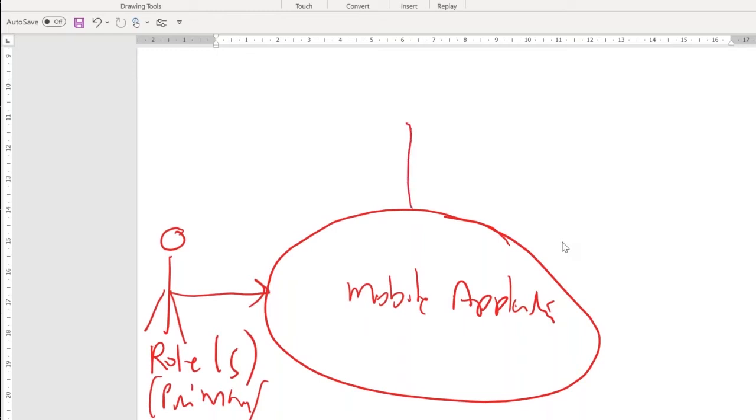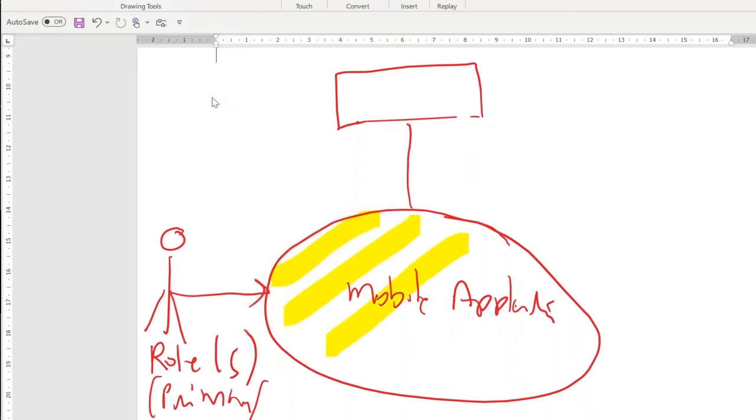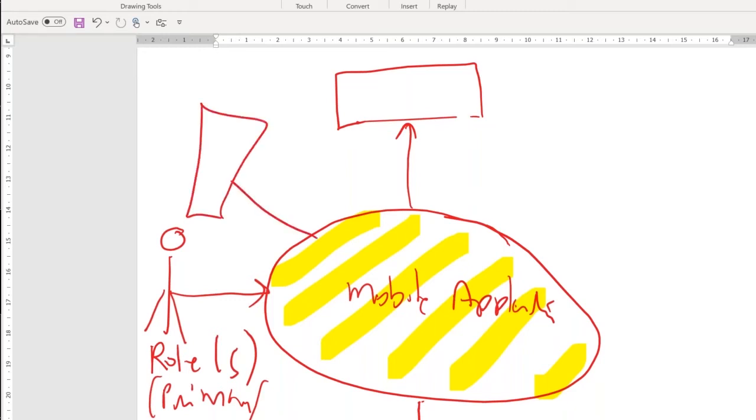Third step, what are the other systems this system in question is connected to? Could be numerous different systems. And how do we figure out what these systems are? We figure this out by